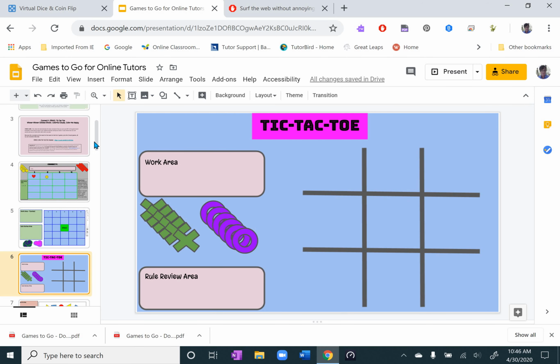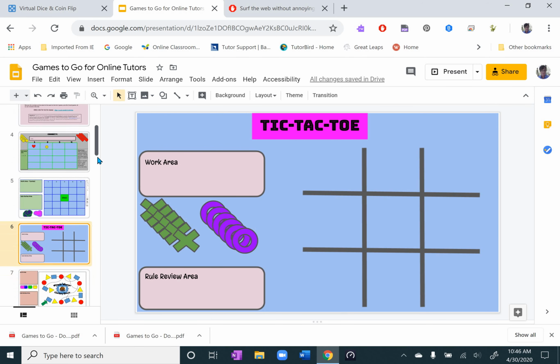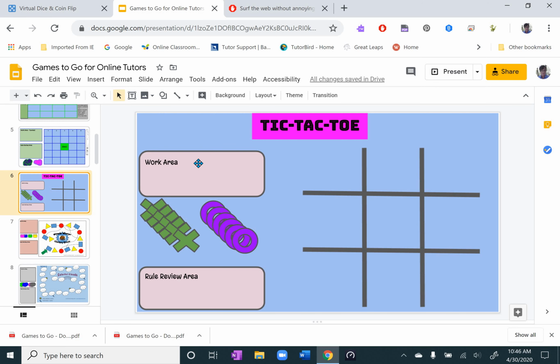Tic-tac-toe, exactly the same principle, where the student answers whatever question, reads a word, spells a word. You could do math equations, you could do questions from any subject, actually, because these are generic game boards. Even though I'm a reading teacher, it can be used in a much broader way. And then they would again roll. Well, in this case, you don't need to roll a die. You would place, they'd either be X or O, and you would take turns placing your pieces